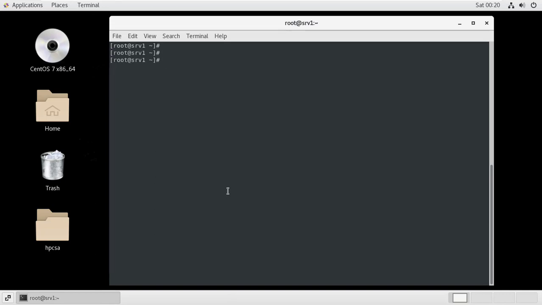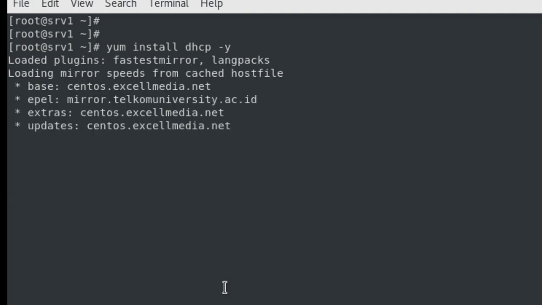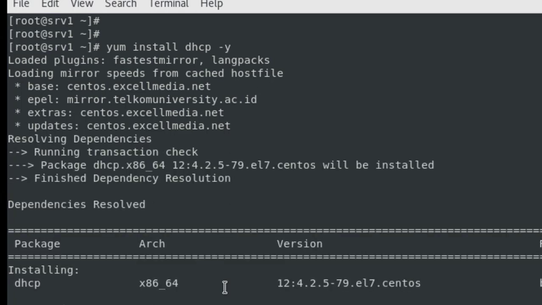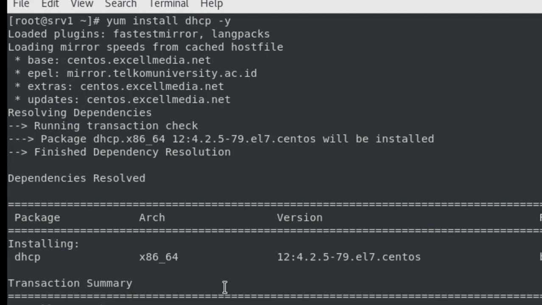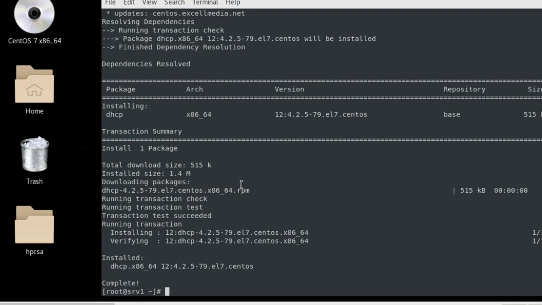As a first step we need to install DHCP, and we are going to use the yum command for that: yum install dhcp, and I don't want any prompt, so I'm going to give -y. Then I wait. DHCP is now installed.